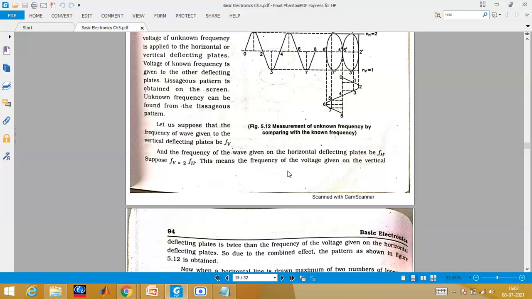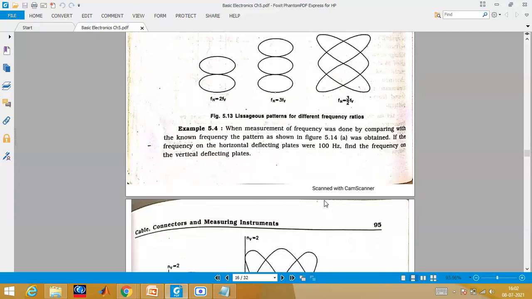Then we have seen what the Lissajous pattern is. We have seen how to calculate NH and NV, and then we can substitute in the formula NH FH is equal to NV FV. Then we have seen the different shapes of it. Based upon the shape, how you can calculate the unknown frequency if one frequency is given to you. Another case, we have seen how we can calculate the unknown frequency on the y-axis if the deflection is given and the unit is given. Similarly for the x-axis, then the angles, how to calculate the phase angle by using the Lissajous pattern, some standard angles being shown to you.